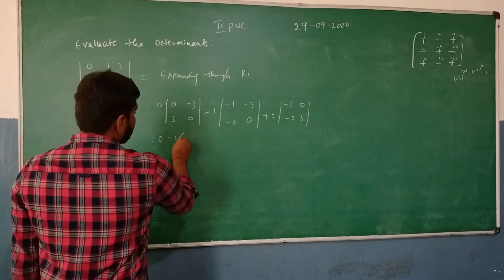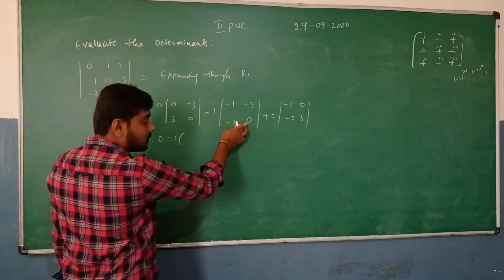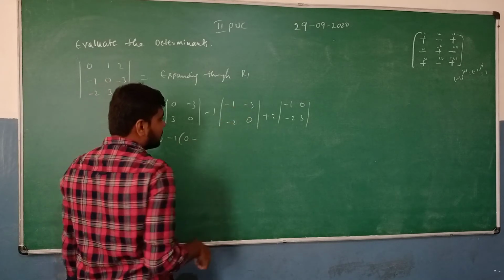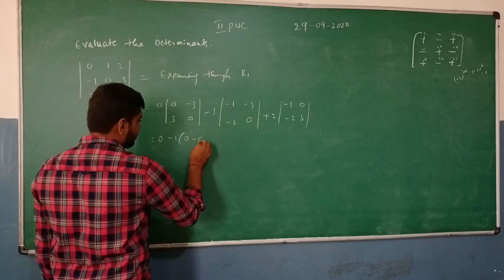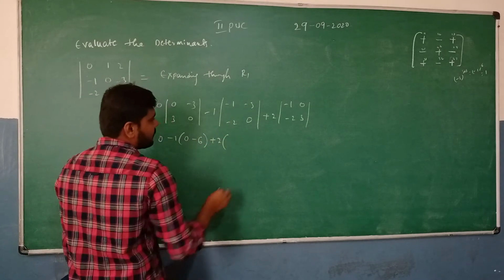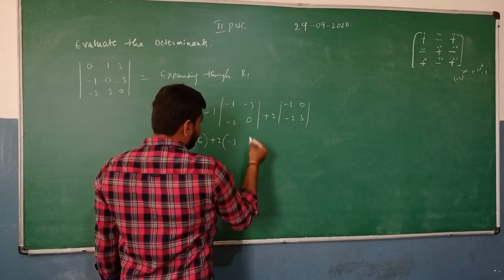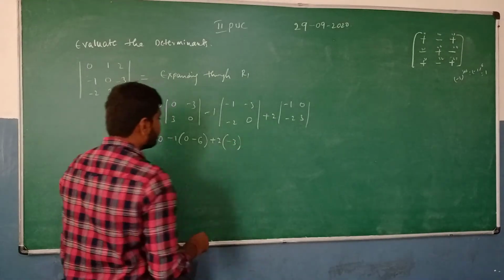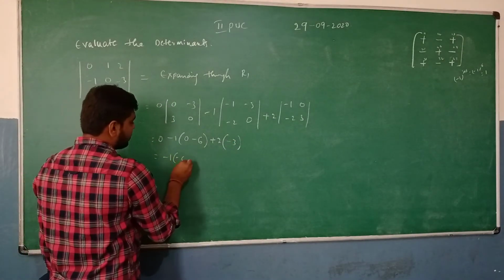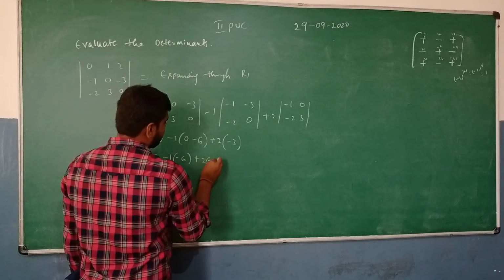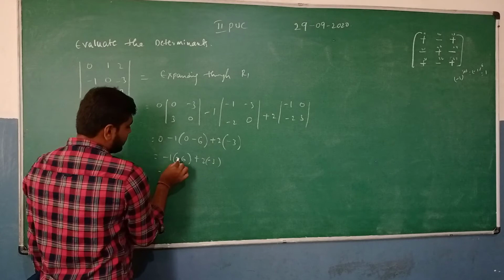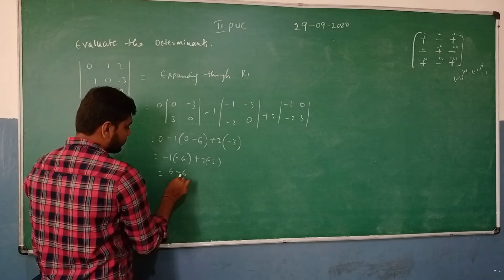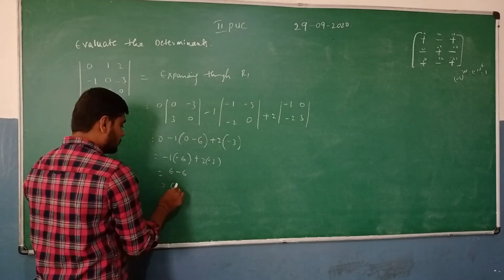So directly minus 1, so minus 1 into 0, that's going to be 0. So again minus, so minus 2 into minus 3, that's going to be plus 6 into minus, that's going to be minus 6. So plus 2 into, what is the value of minus 1 into 3? That's going to be minus 3, minus into minus, that's going to be plus, 2 into 0 is going to be 0, or you can say only the minus 3. So here the minus 1 into minus 6, and 2 into minus 3, so minus into minus is plus 1 into 6, that's going to be 6 minus 6. So what is the value of 6 minus 6? That's going to be 0.